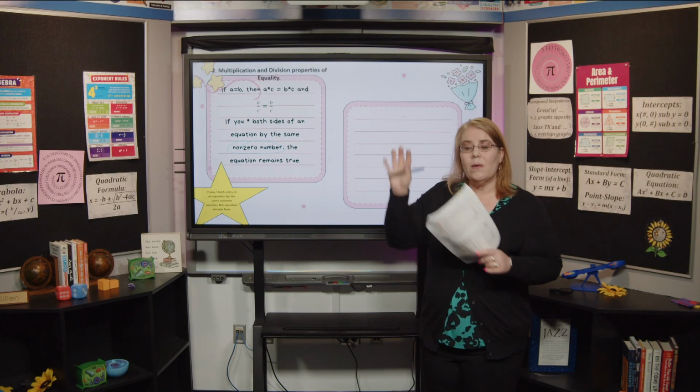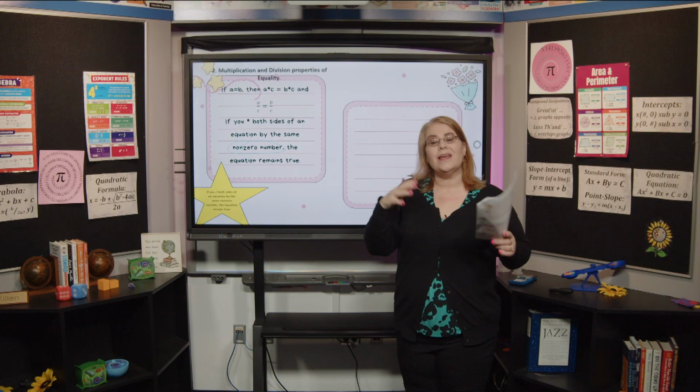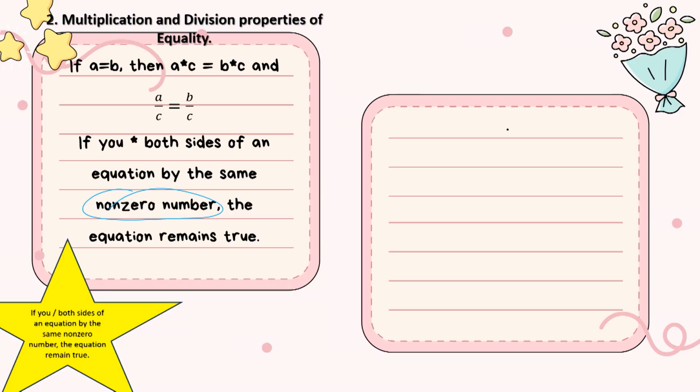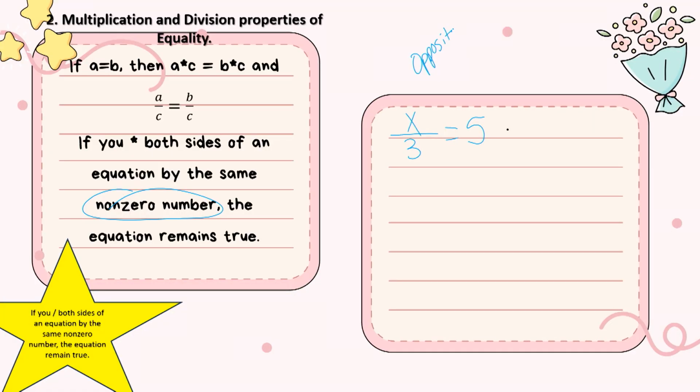So let's take what we've learned from this property, how we're isolating, how we're keeping our equations equal, and let's do a couple problems. So here we go. The first one I want to look at is x divided by 3 equals 5. So then it's a division problem, so I'm going to use my opposite operation. And since it's division, the opposite operation is going to be multiplication. So I'm going to multiply by my 3 on both sides. So I am multiplying by 3